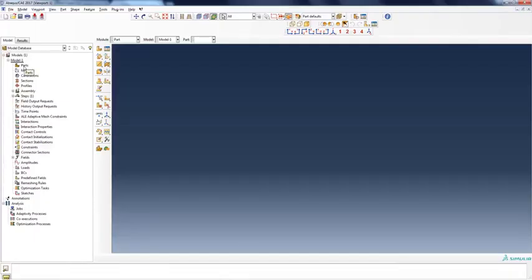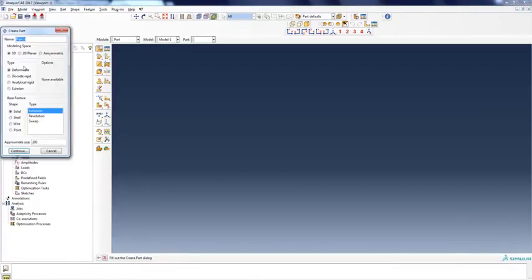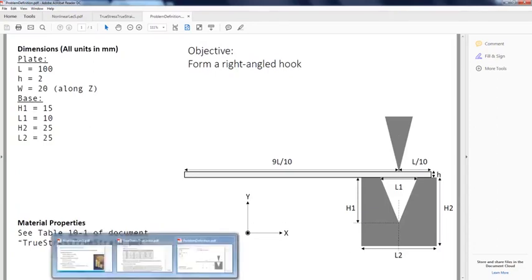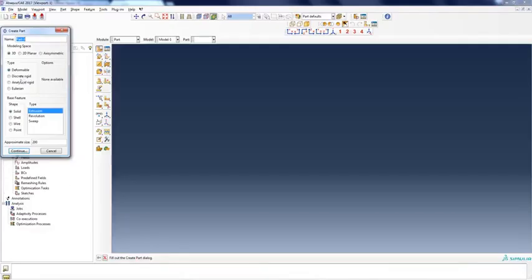Let's create the part. Before we go ahead, only this plate is deformable. The base and the indenter are rigid. There are default ways to create rigid bodies, so-called discrete rigid and analytical rigid.